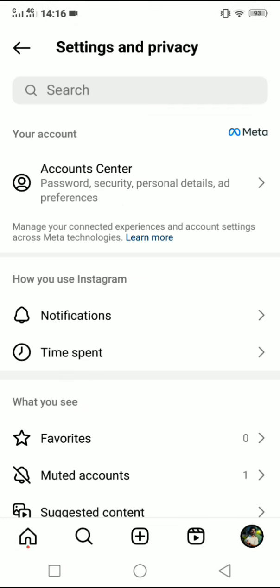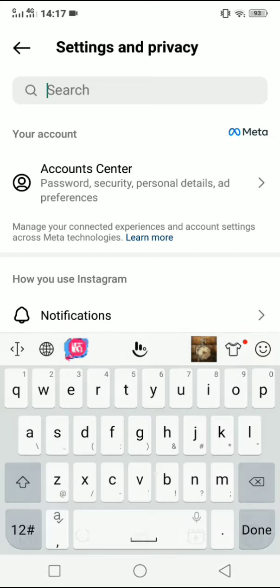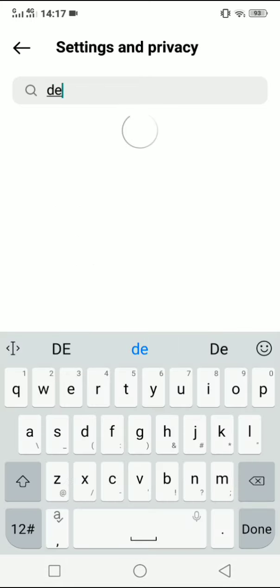Now in the settings and privacy, click on the search tab on the top and search deactivation or deletion. As you can see, it shows the option here. Click on it